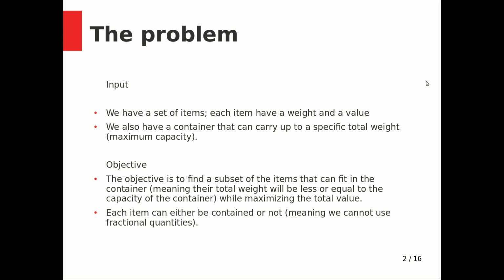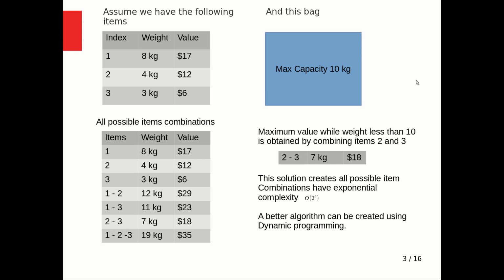So to make things easier to understand, let's assume that we have an array of items, in this case indexed from 1 to 3: 1, 2, and 3, and each of them has a weight and value. In this case, 8 kilograms has a $17 value, 4 kilograms has $12, 3 kilograms has $6. And we have a bag which can hold up to 10 kilograms. In this case, we only have 3 items, so the solution is obvious,